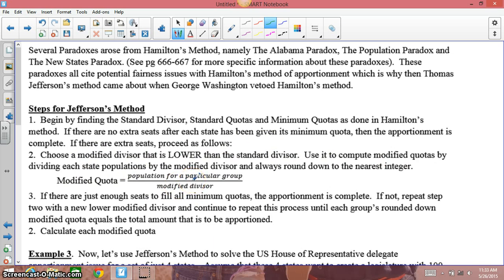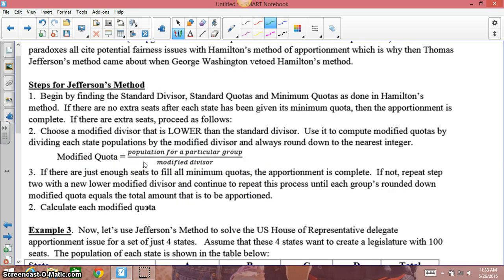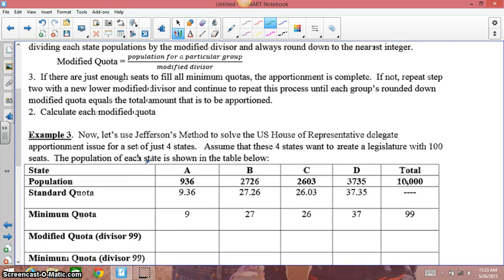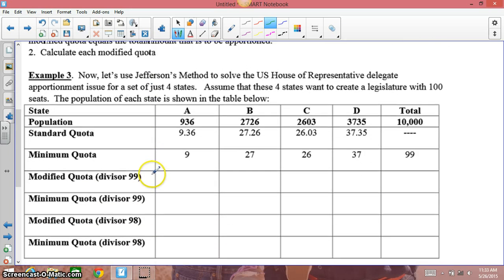If again, after you've done that modified quota and you have leftovers, then you've got to find another modified divisor. Just know for testing purposes, whenever it comes to finding that modified quota, as you can see down in example 3, I have given you what those divisors are. I would not expect you to have to come up with that, because it does involve quite a bit of trial and error